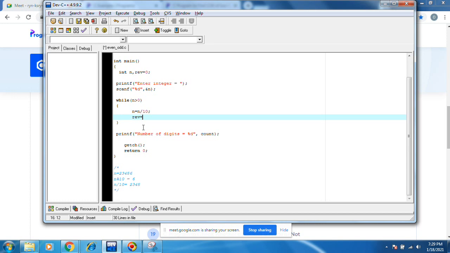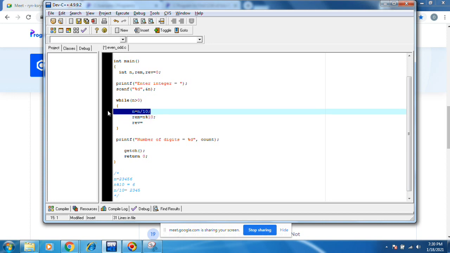Reverse equals to, or else we will go to remainder. Remainder equals n percent 10. This goes to something at the end. Let's do.